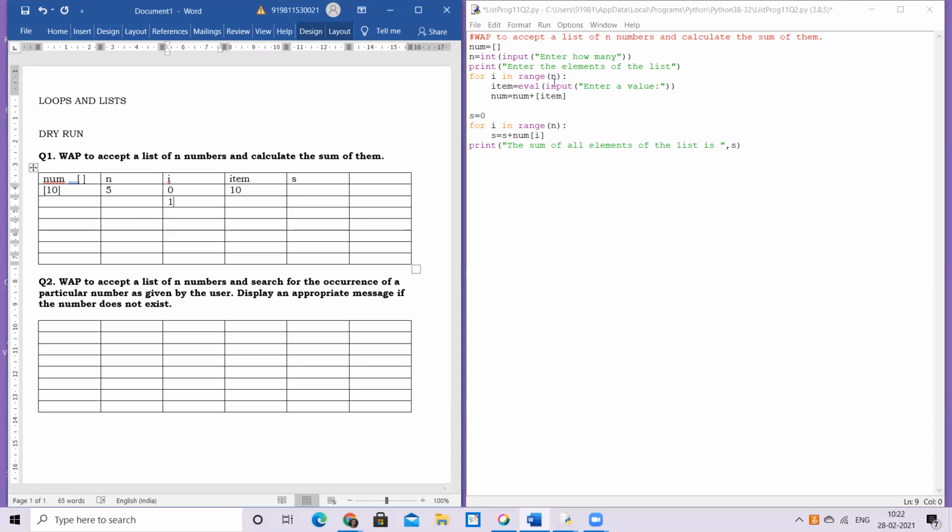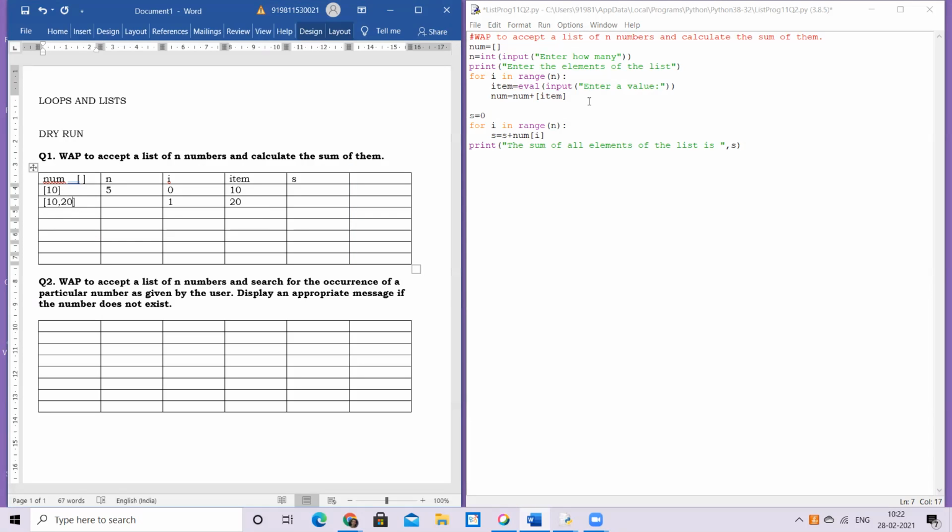When I is 1, again I check, is it less than n? It's less than 5. Yes. So I come and accept the next value. Supposedly, I'm saying 20. That is the next item value the user has given. Now, same statement, current num. Current num is 10, right? Please join my new item in the form of a list item, basically. The new item value is 20. So this will go and get stored in this list now. So I just take a second reference of it, and here is the thing getting updated like this. So this gets cut, and now this is the new status of my num.